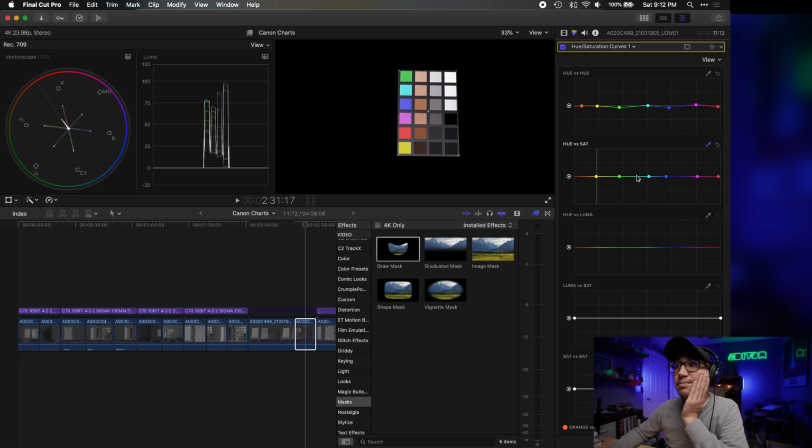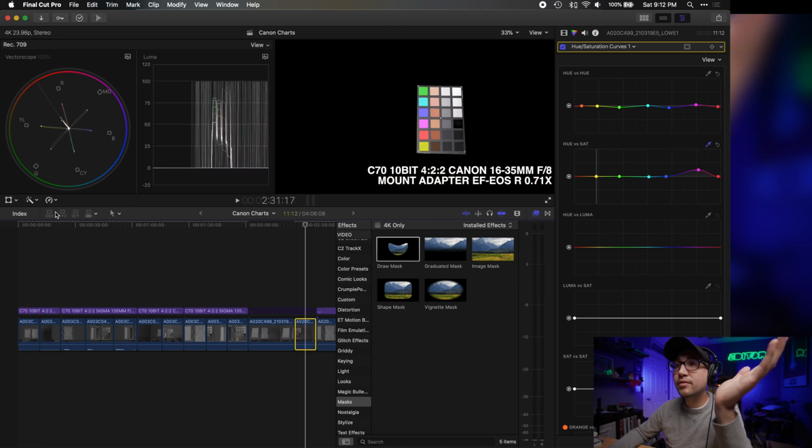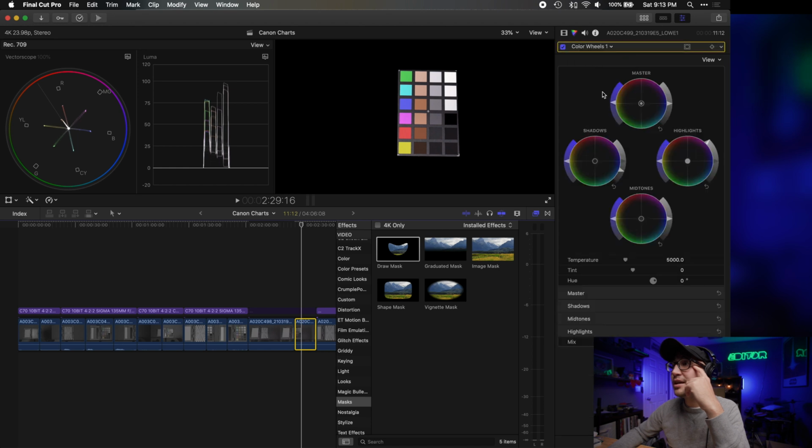Okay. I want a little more magenta. Maybe a little less cyan, right? Does that look even? I don't know. I don't have a ring. Thanks, Final Cut. All right, but now, theoretically, if we were to hop from here to there, my saturation's a little high. These would match. So let's jump back over here. This one, bring my saturation down just...